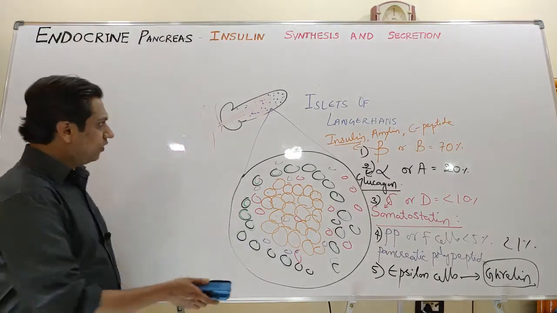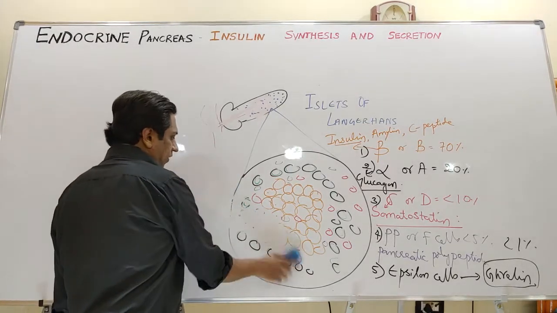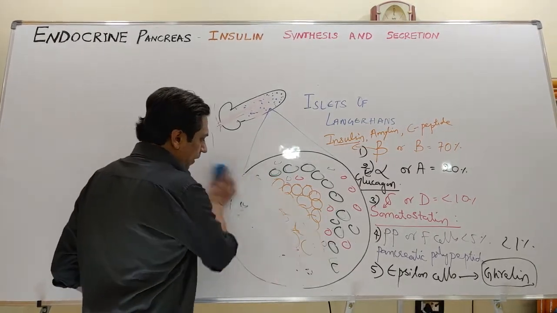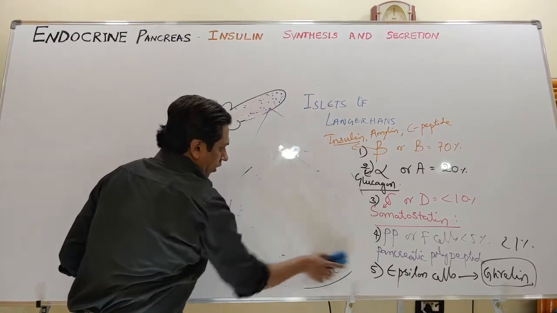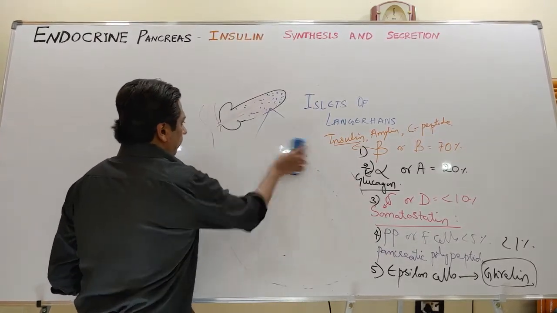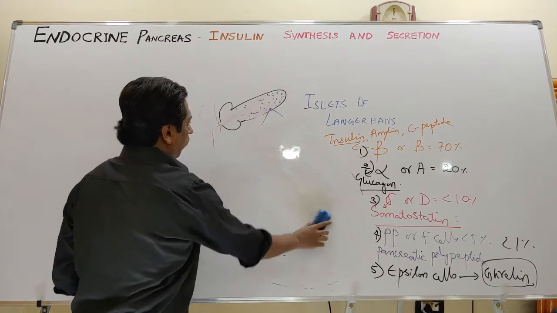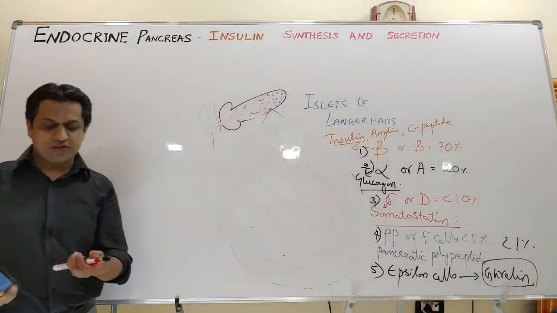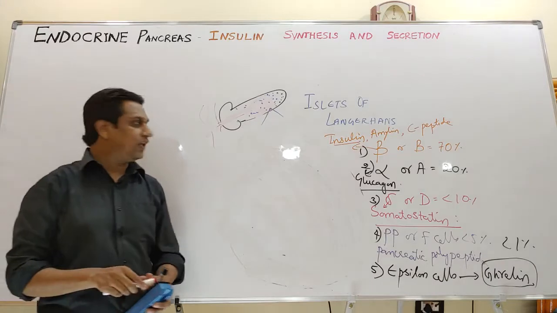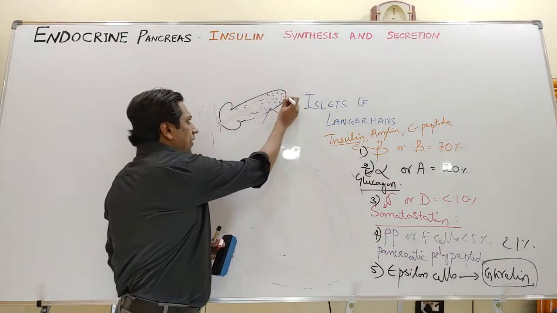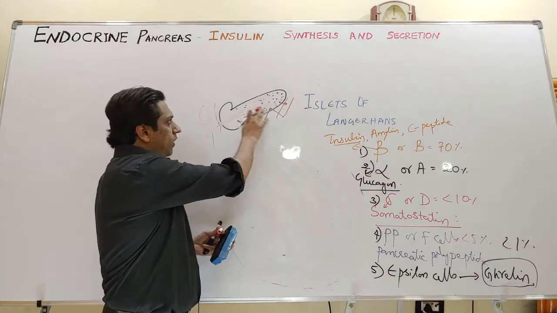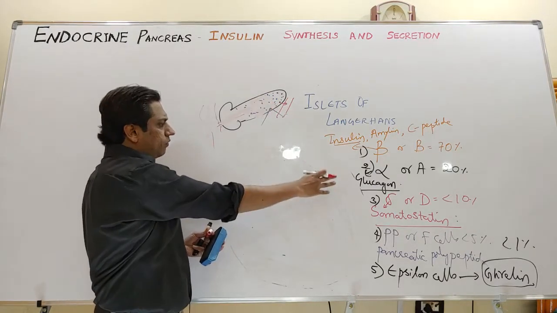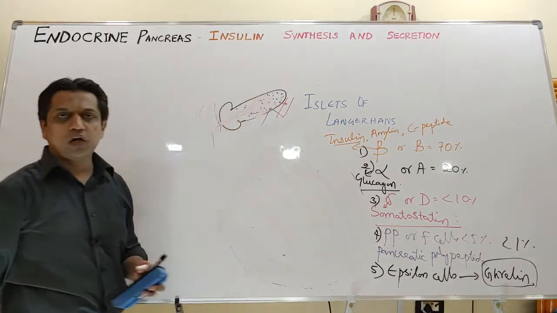So after knowing these basics of the islets of Langerhans and the hormones secreted by the various cells of the islets, these are endocrine glands. Endocrine glands are ductless glands and they directly secrete their secretion into the bloodstream. That is, beta cells will secrete insulin into the bloodstream from the pancreas, alpha cells will secrete glucagon, and so on.